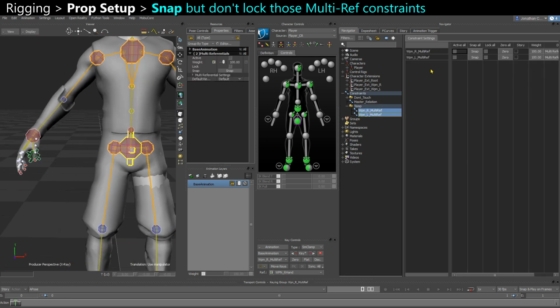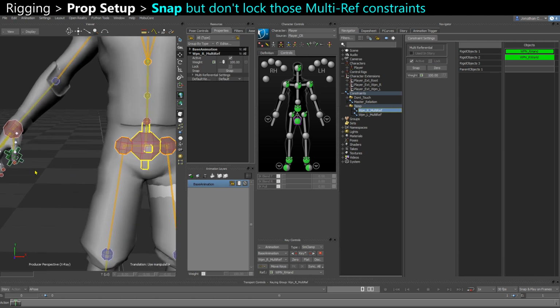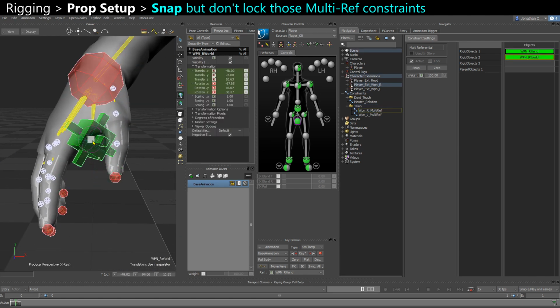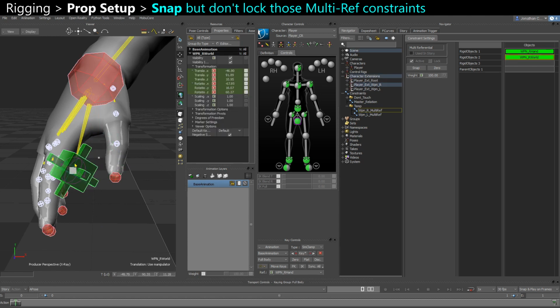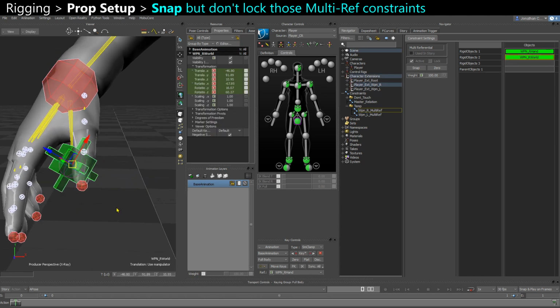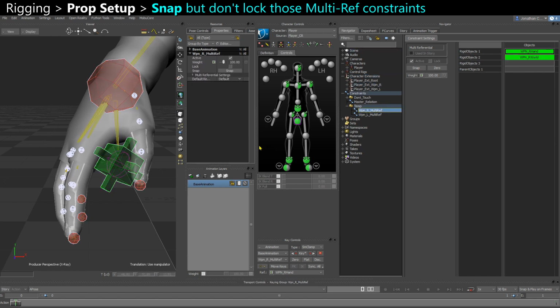So you can snap those constraints, and you don't want to lock them in this case, because you want to be able to grab any object and move them around. So if I grab the right hand space control and I move, the other one follows, and if I select the world space control and I move, the other one follows. And when I select those constraints,